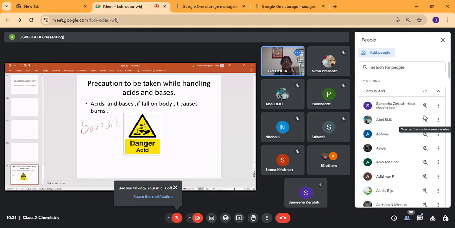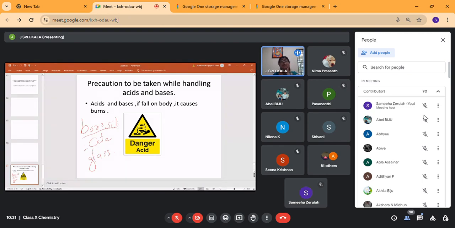It is made up of borosilicate glass, and we call it borosil glass. The glass test tubes and beakers in the laboratory are made up of borosil glass. And one more important thing is when we dilute an acid,